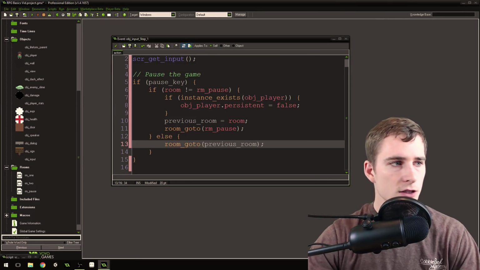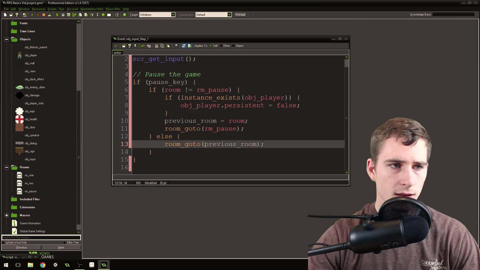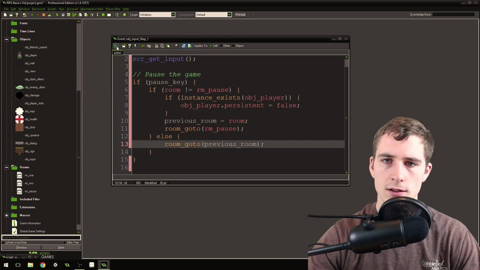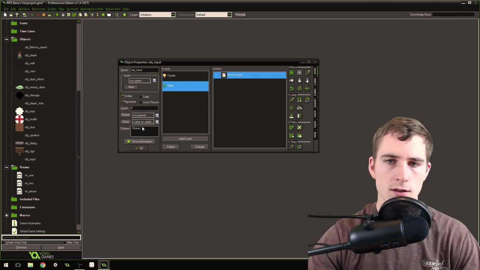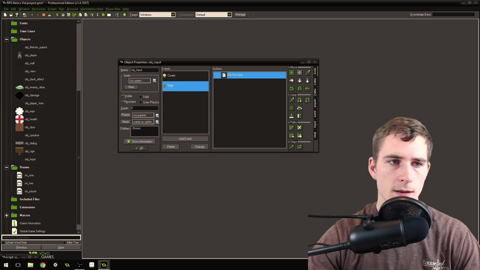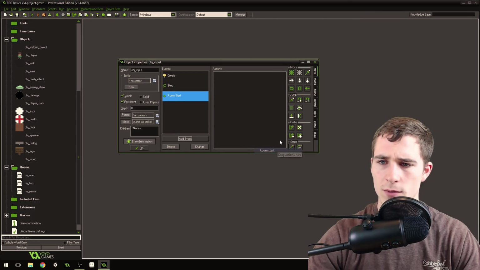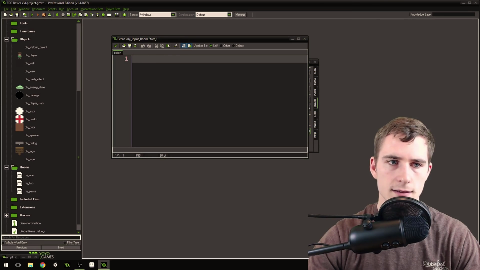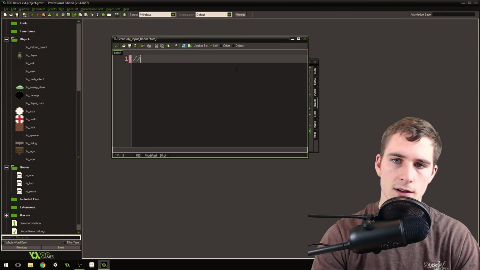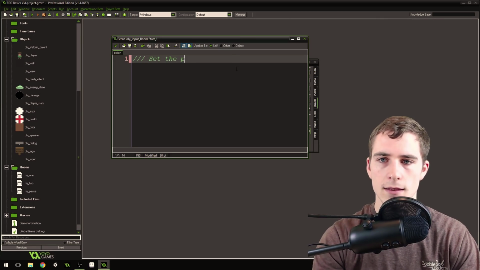Now we also need to change the player. So what we need to do actually is, now that you've done that, come into the object input and add a room start. Add event, other, room start. Now this is going to set the player's persistence back. So set the player's persistence,